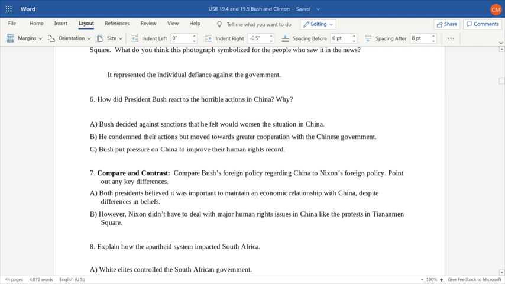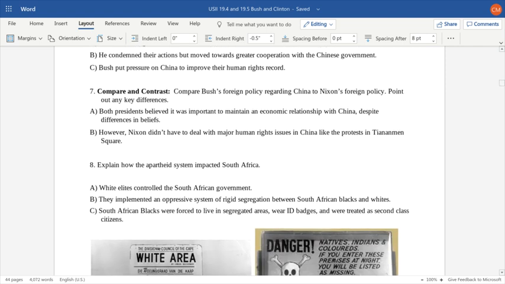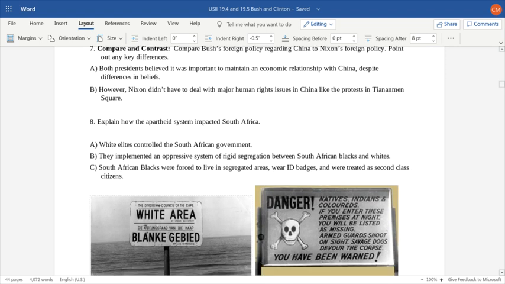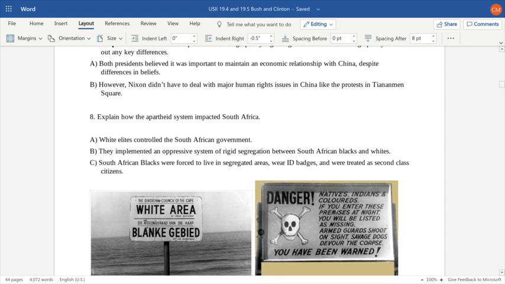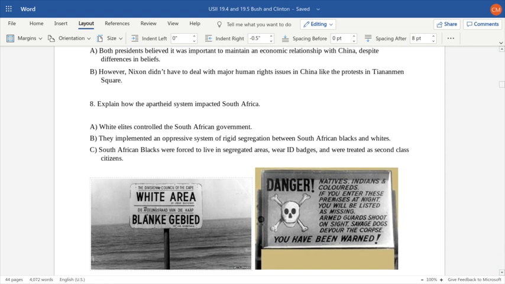Another area of concern for President Bush and the world community during this period of time is going to be in South Africa. South Africa, for a long period of time, had a two-tiered society. South Africa is literally the southernmost country in the continent of Africa. There are nearly 50 countries in Africa, and South Africa is at the very southernmost tip, Cape Town being the southernmost